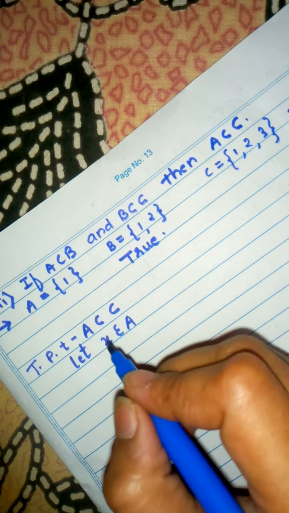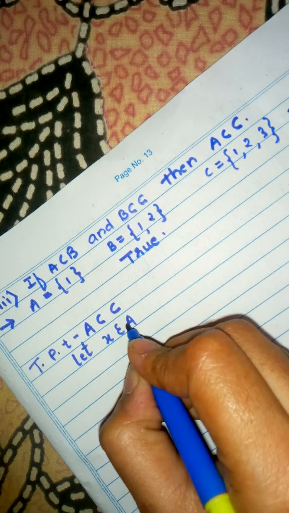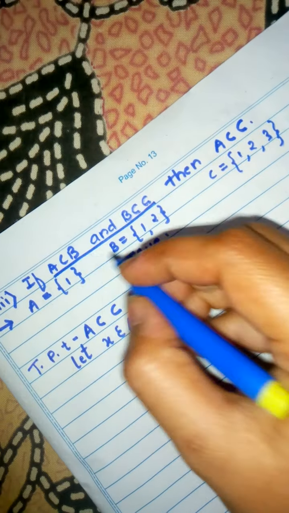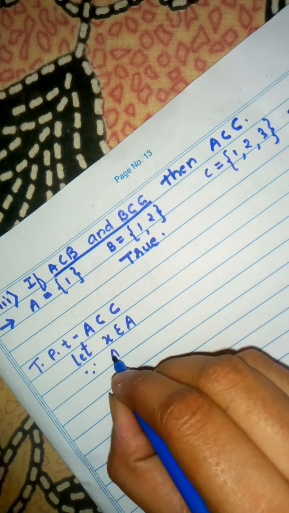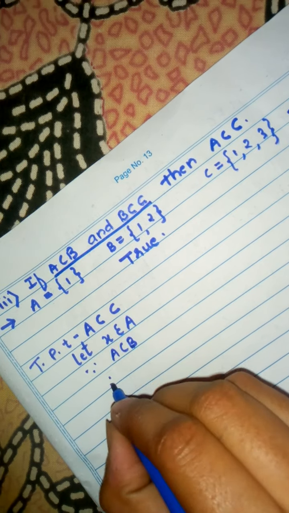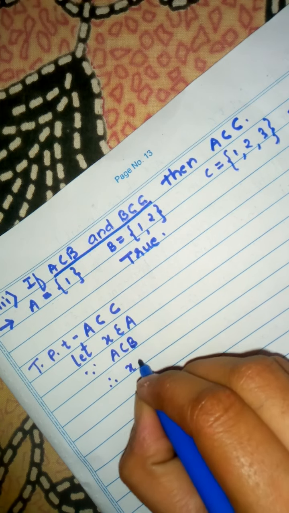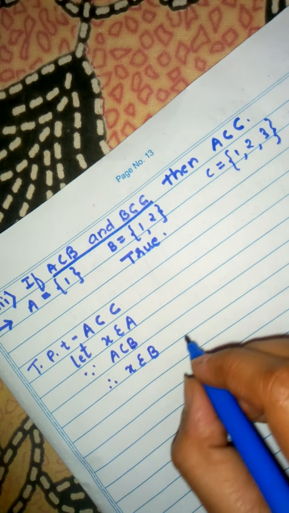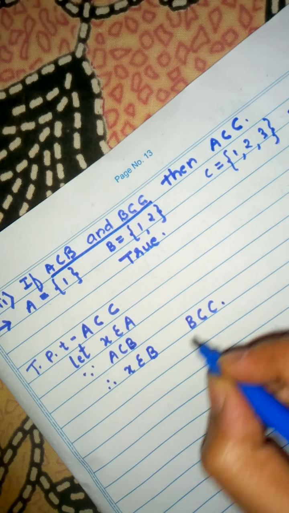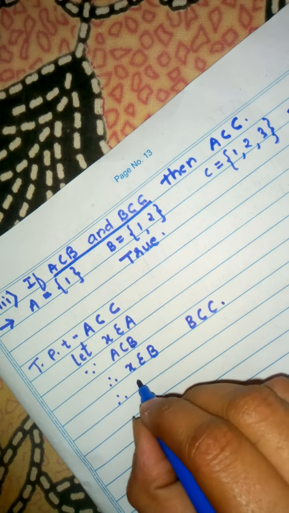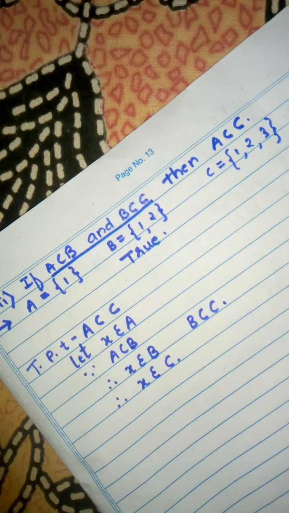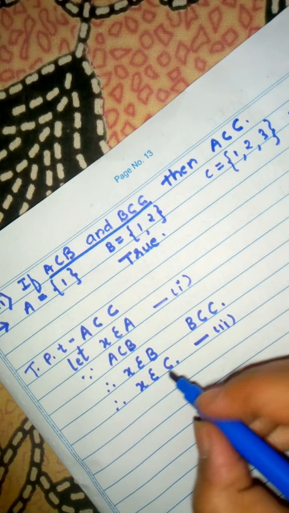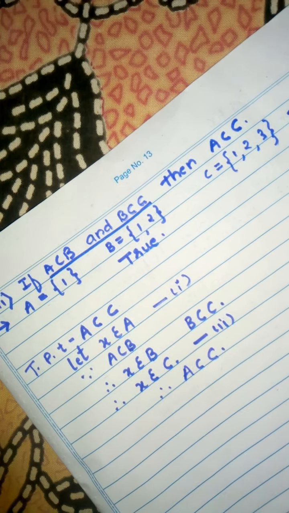So here we are taking X belongs to A, and these two conditions we will make use of. If X belongs to A, then since A is a subset of B, X will belong to B also, because A subset of B is given in the question. Now again it is given that B is a subset of C, therefore this X which is there in B will also belong to C. So we have started with X belongs to A and ended with X belongs to C, therefore A is a subset of C.